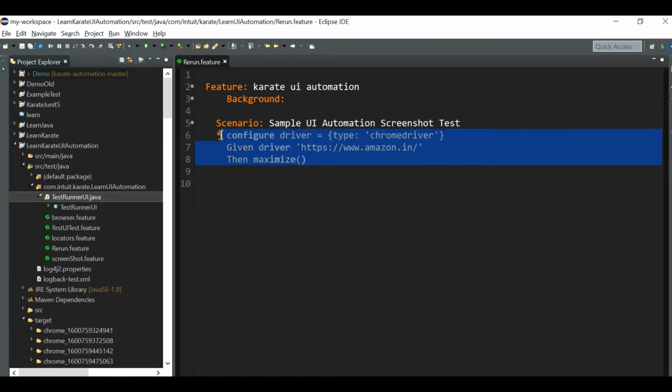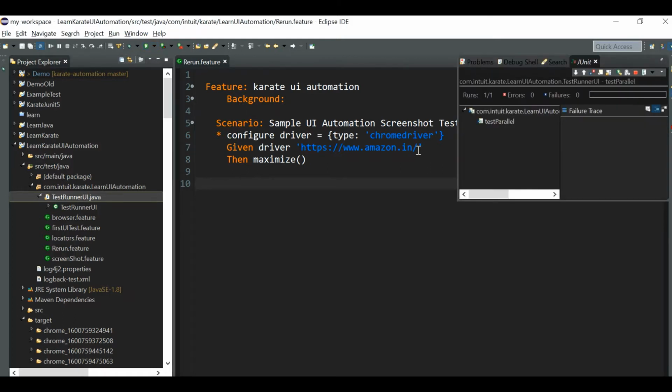So I have written a simple test that launches the Amazon website in the Chrome browser and maximizes the window. If you have not watched any of the Karate UI automation videos, no problem. I'll just run it and show you how it works.